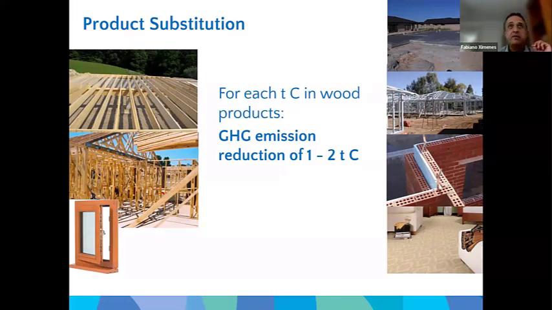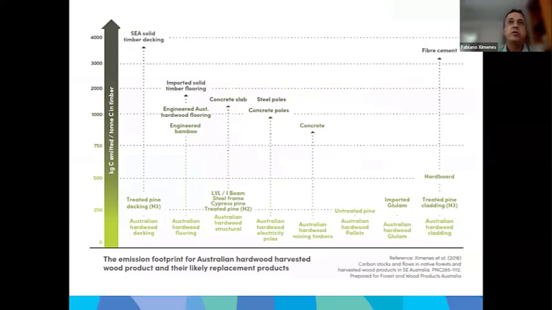But maybe an easier way to understand that difference is by looking at a chart that we produced for a previous project, which looked at the relative carbon footprint of production for, say, native Australian hardwoods at the bottom line here, compared to alternative products. And the y-axis here represents the equivalent emissions associated with every ton of carbon in the timber that's produced. So it's basically a metric to say, the higher it is, the worse it is from a carbon footprint perspective. And if you just take one example here, if you look at Australian hardwood decking, and compare the carbon footprint of that with that of things like treated pine decking,